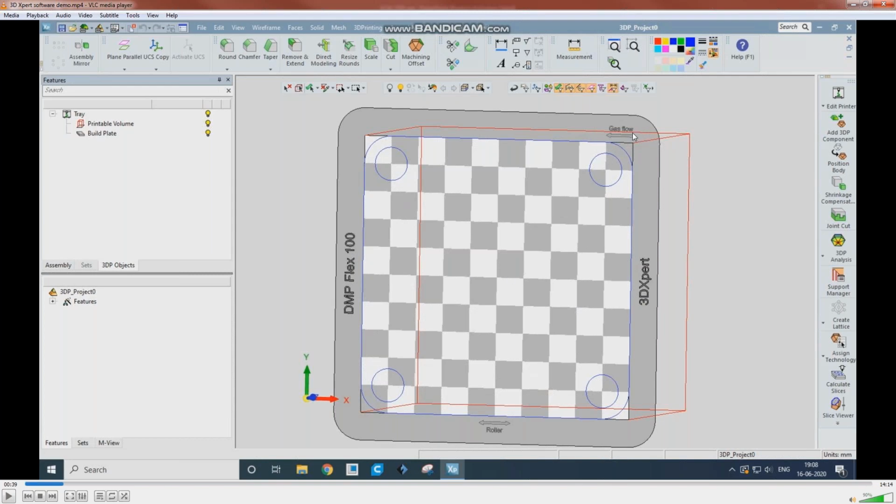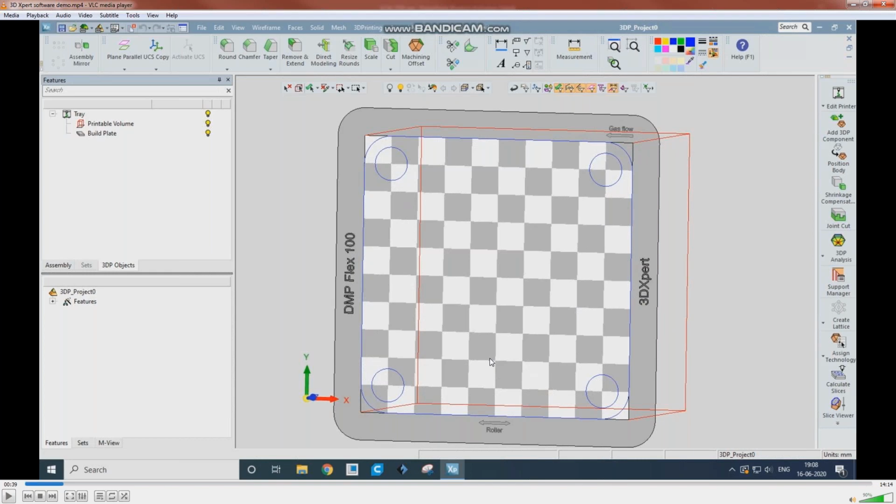Okay, here the gas will be nitrogen if we are using stainless steel. But if we are using oxidation-prone metals like titanium and aluminum, we may go for argon. And the roller will be moved like this, with the gas flow.